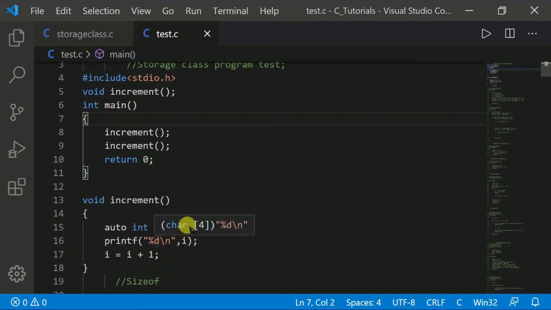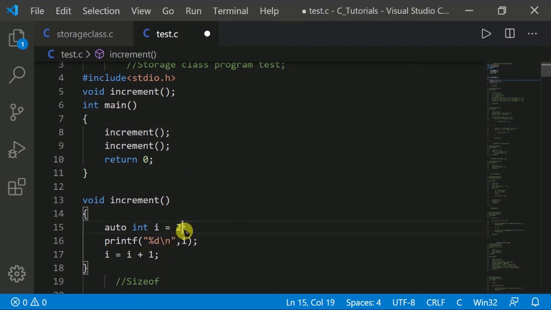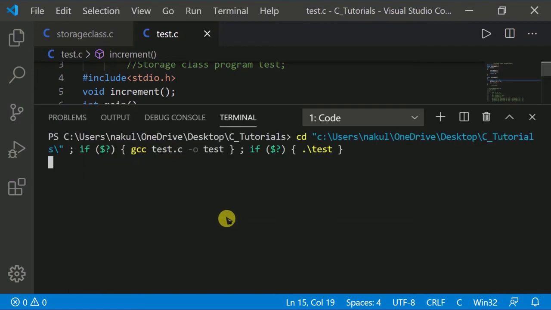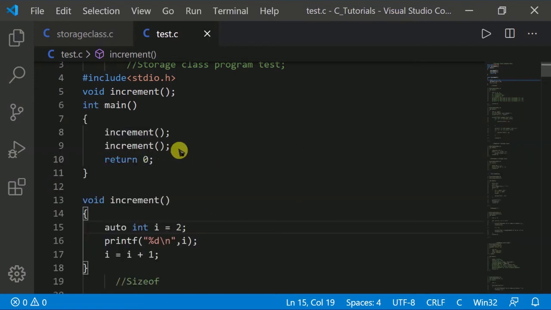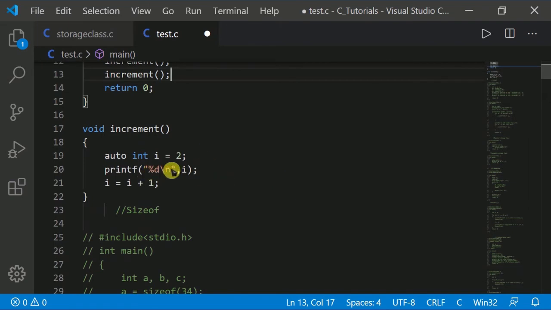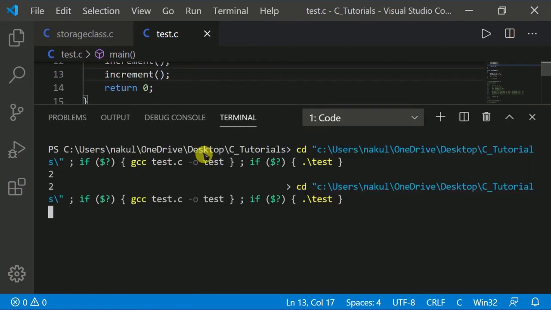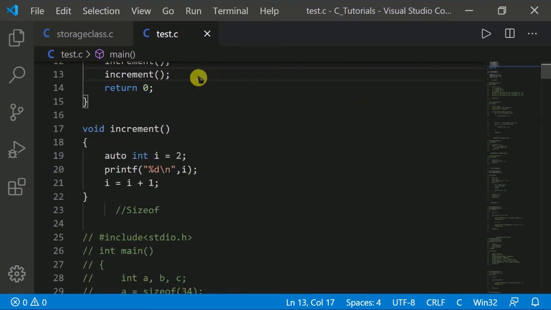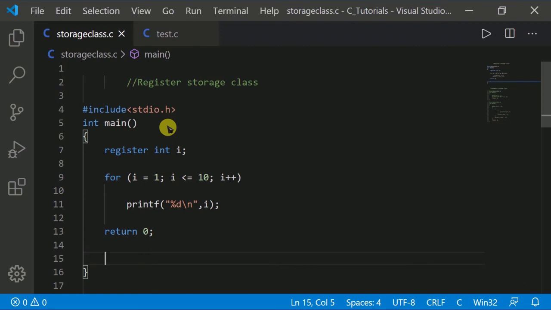If you enter the value 2, then it prints 2 for the 2 times. Okay, 2 and 2. If you increase these functions to 6 times, then it prints the value 2 for the 6 times. Now you can see 2 2 2 2 2 and 2. That's great. If I use the static storage class, let me write a program for the static that